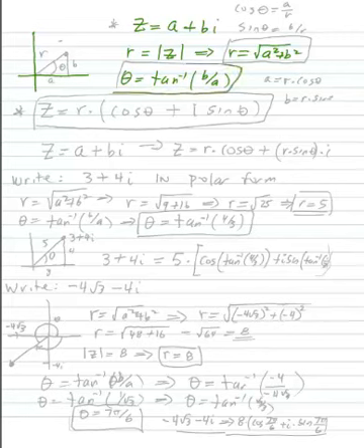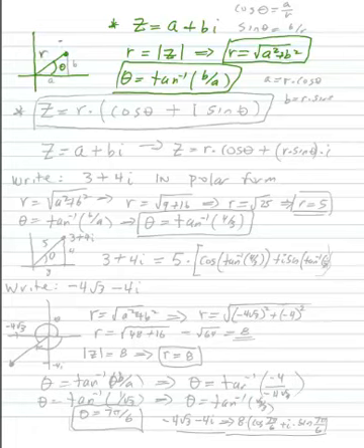So if you know the rectangular form of a complex number, you can always write that number as a polar point, and furthermore,